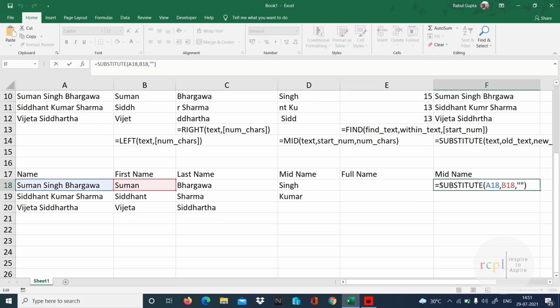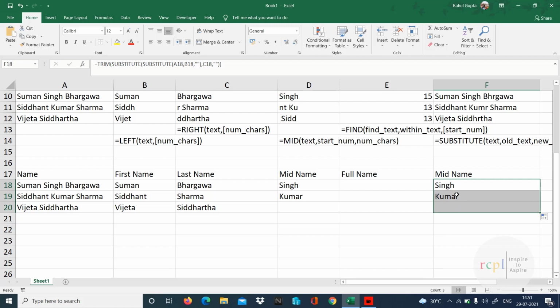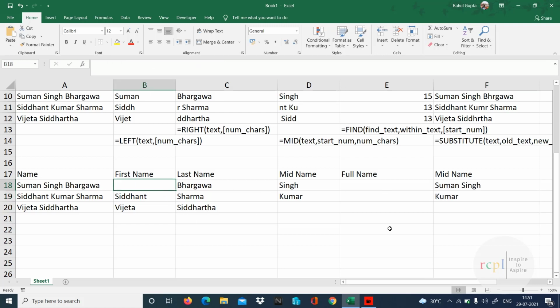Now I'll use this one as a text, comma. Old text is the last name and I want to replace it again with blank. Now let's use TRIM. And we got the mid name again. But this is dependent on first name and last name. If you are not having any of it, you can use the earlier formula.